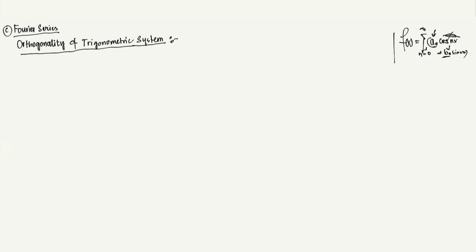Okay, so let's talk about it. We want to talk about something called the orthogonality of trigonometric system. So what is the trigonometric system? If you remember, we were working with a system that contains these elements: 1, cosine x, sine x. These are particular 2 pi periodic functions, cosine 2x, sine 2x, and it goes on like this. For any natural number n, we put together all these cosines and sines,